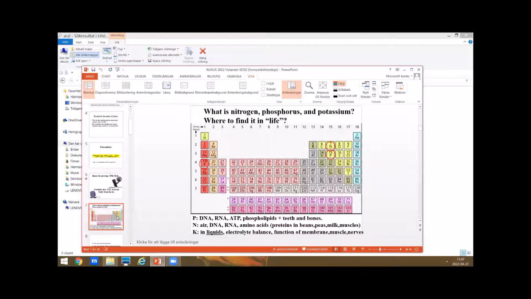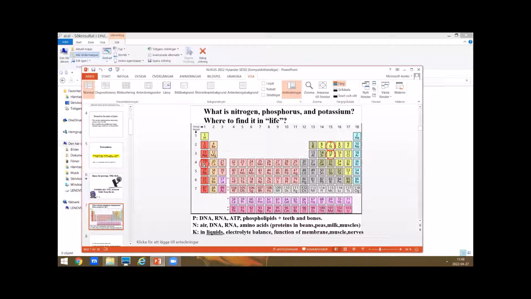So what are nitrogen, phosphorus, and potassium then? They are the three main nutrients which the plants need. And we find them in many places. We can start looking at the periodic system. There we have nitrogen as the 7th, we have phosphorus as the 15th, and we have potassium as the 19th element. And we find the phosphorus in our heritage,